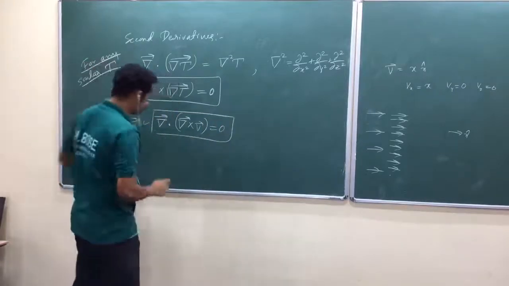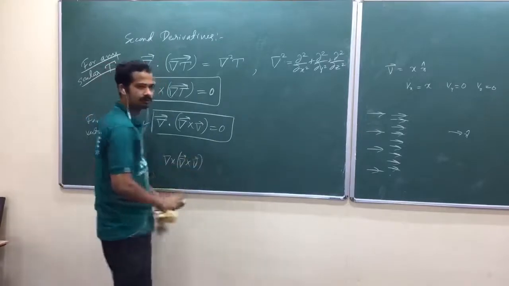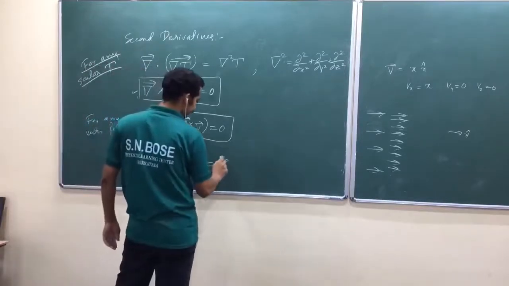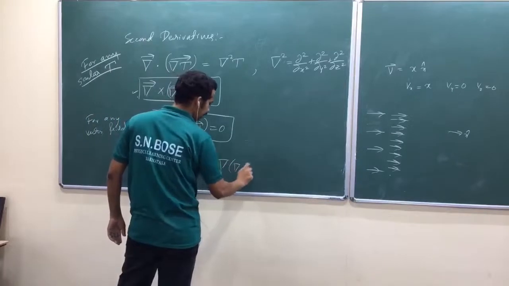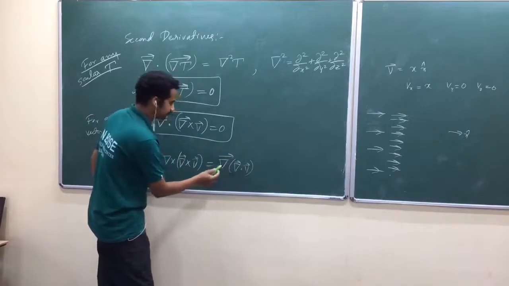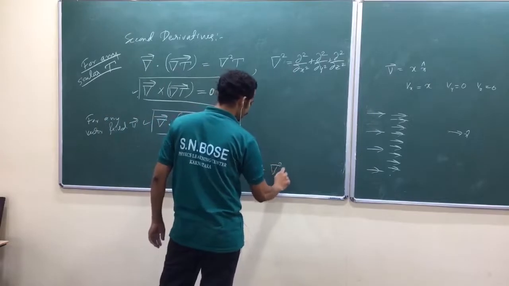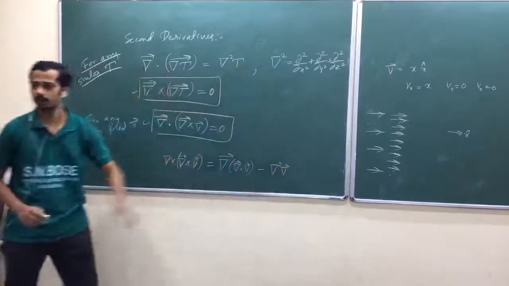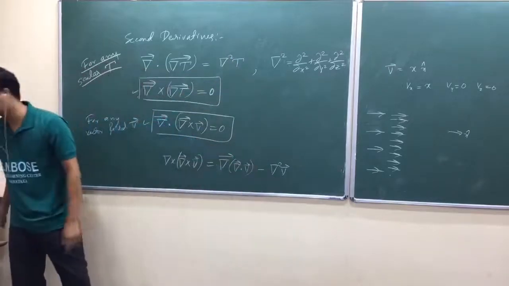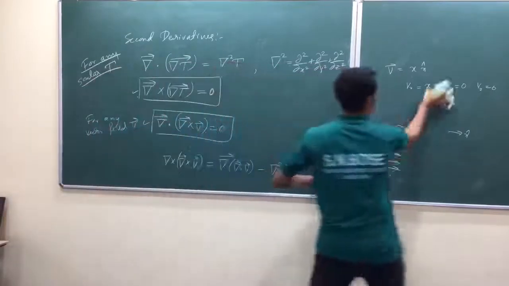Now look at here, del cross, we need this one, okay, somewhere. Yeah, not somewhere, I think in the Maxwell equation, isn't it? That is del of del dot V. Yeah, we got that one. Look at here. What is that one? Gradient of divergence. Am I right? So minus del square of vector field. Now look at here. I got one more. I have defined del square of scalar field. Now here I got del square of vector field. What do you mean by del square of vector field? Isn't it?